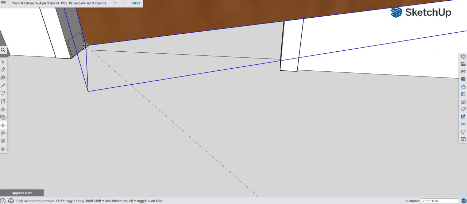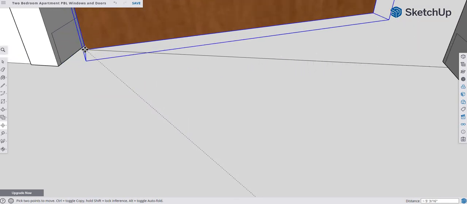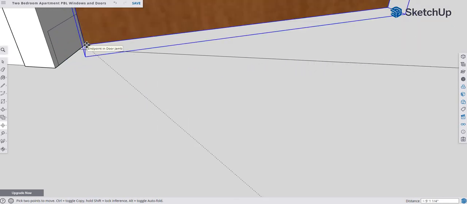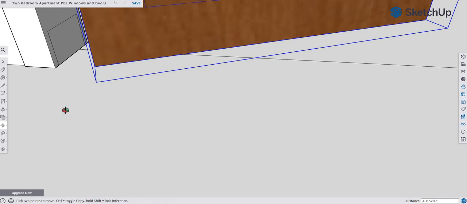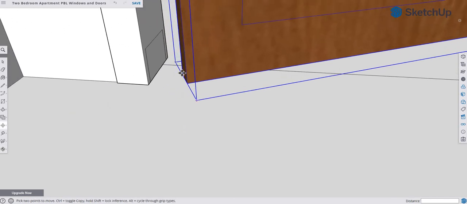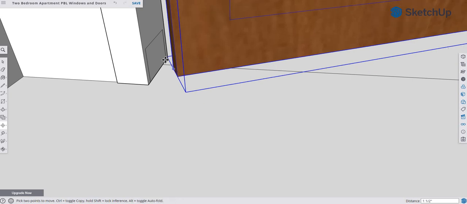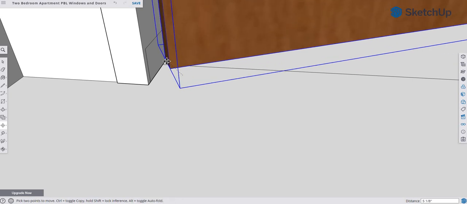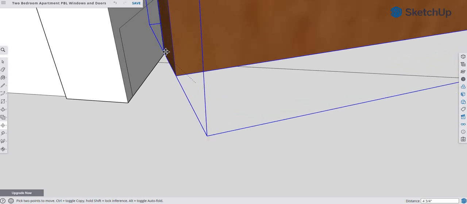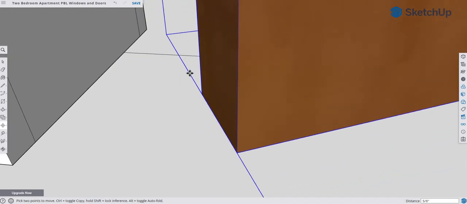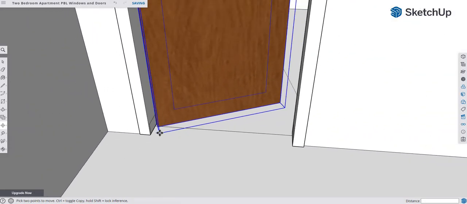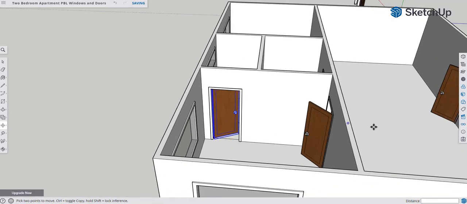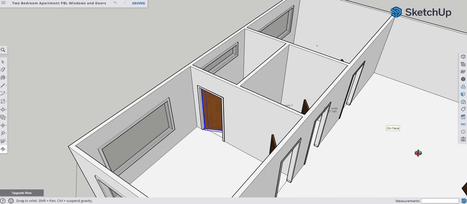That, you know what, actually, it's supposed to be the one behind it. There we go. That actually doesn't look right. So I'm going to bring it out here, and that's okay. It's actually supposed to be this one. That endpoint in the door has to meet with the endpoint in the door jamb. This thing looks like it's floating. There we go. Click. So sometimes if you can't get it, you just need to zoom in, zoom in, zoom in until you can. So there we have all of our doors into all of our rooms,